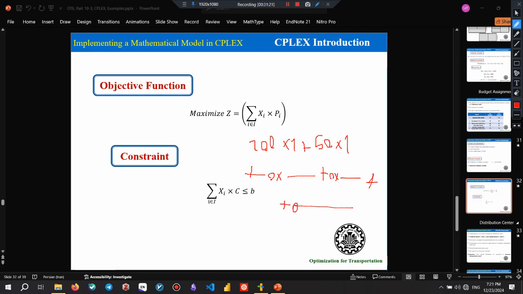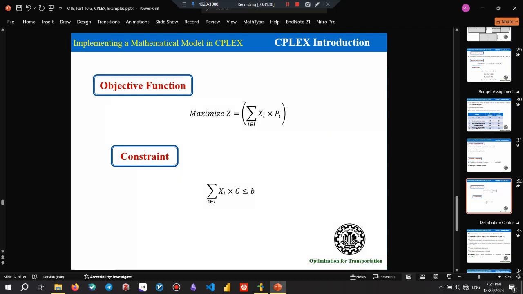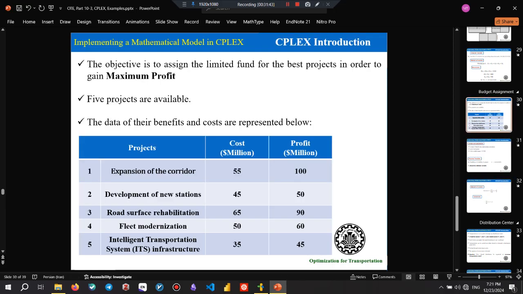So this is what it means to use Boolean decision variables in here. So it should be a maximization of xi times pi,